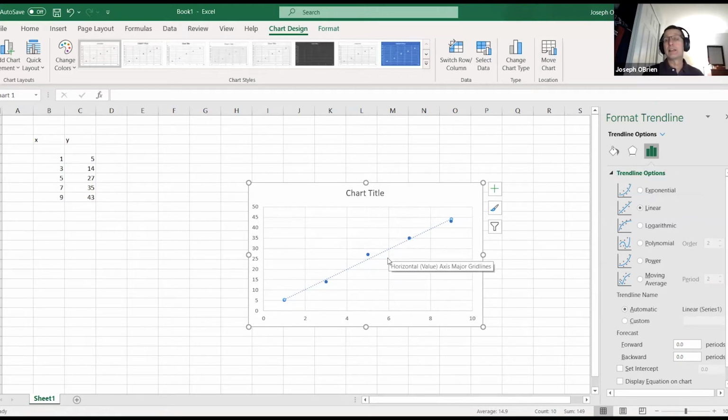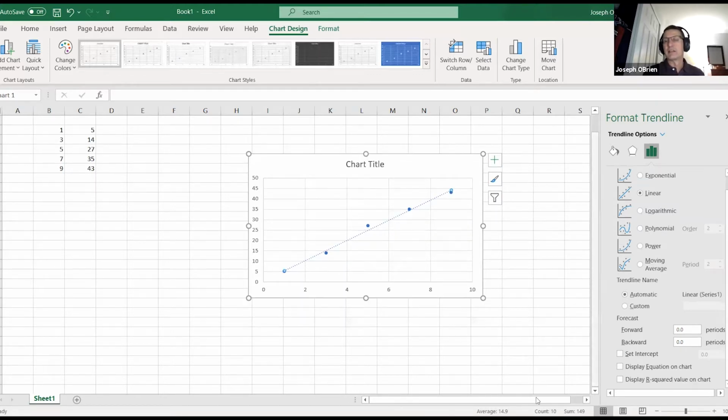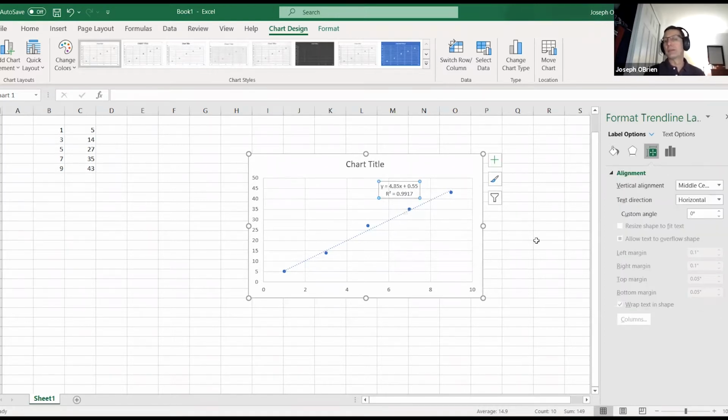But what I like is that you can display the equation of the straight line on the graph. And you can also display this R value, and move that around. I try to explain to them that the R value closest to 1 is the winner, right? That's the best linear data. And then they have their equation. So at least in the lab we do, the slope, there's your density, right? There's your mass over volume.